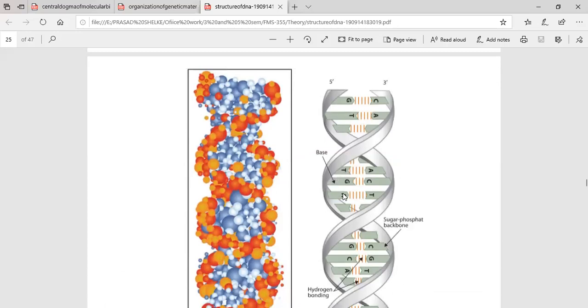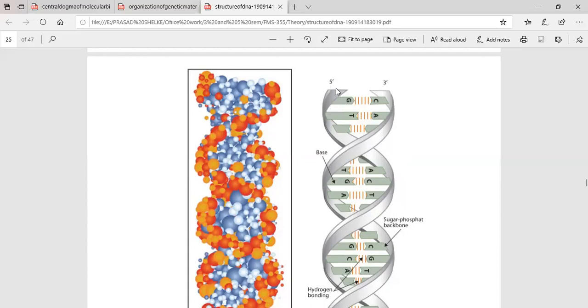There are bases T, G, A. Only purine binds with the pyrimidine, and pyrimidine binds with the purine. That means A binds with T only and C binds with G only. So that's Chargaff's rules that define the complementary binding of these nucleotides with each other. C will always bind with G and A will always bind with T, either it is a T or U. That means in RNA the T is replaced by U. Uracil. The thymine base is replaced by uracil in RNA.